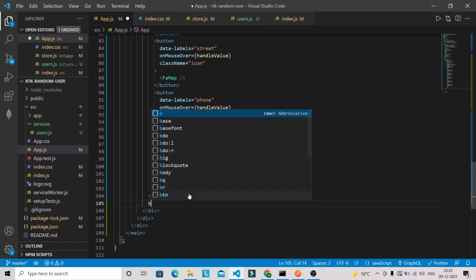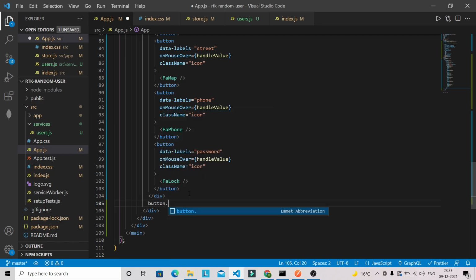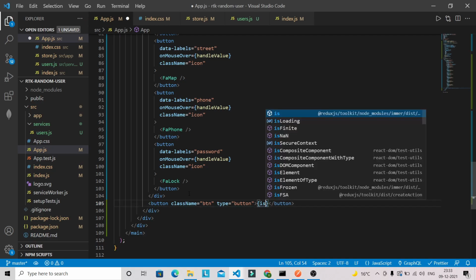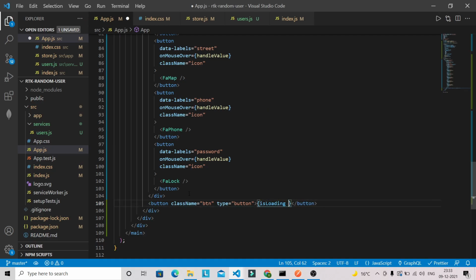After that, we are going to have one more button with the class name btn. Let's keep the type here as button only, and for this button we are going to have a value like is loading. So if it's loading, then let's just display loading with the 3 dots.